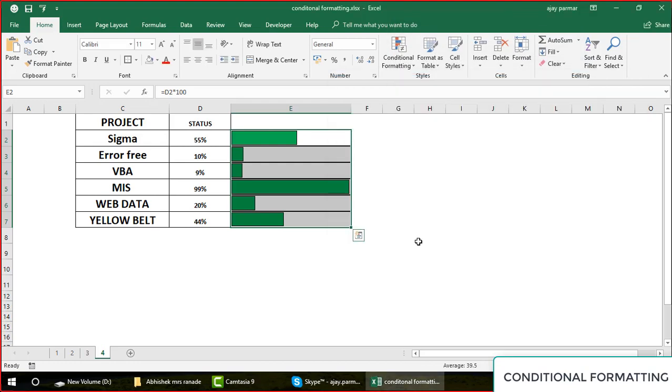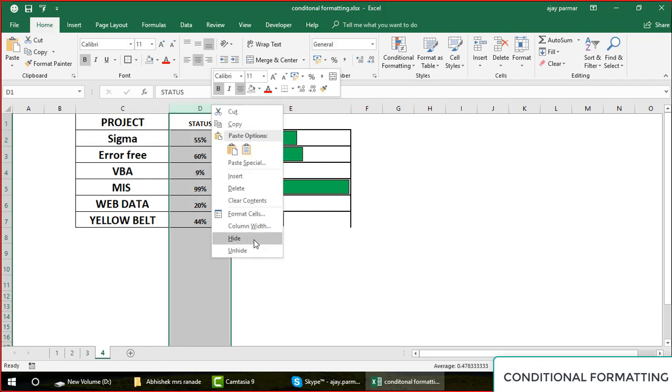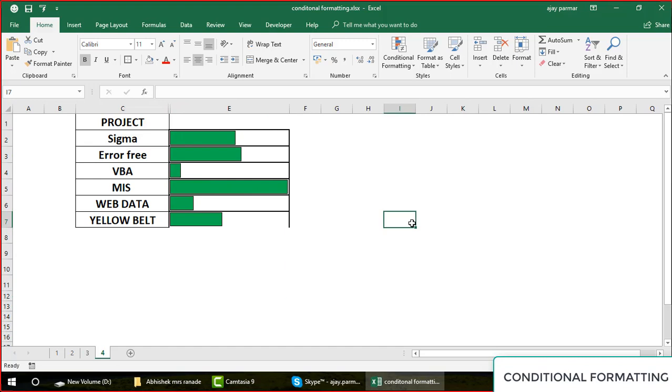your numbers will not come here now guys. Numbers are there. If you select the cell, you will find the formula here, but the number will not be shown. So that means if I go and say that project is 60% completed, this graph will automatically change because the formula is applied here. But to make it more presentable, we are not showing. And I can, by the way, if you have to send out this report, you can even hide this. And this is how you can send your report also.